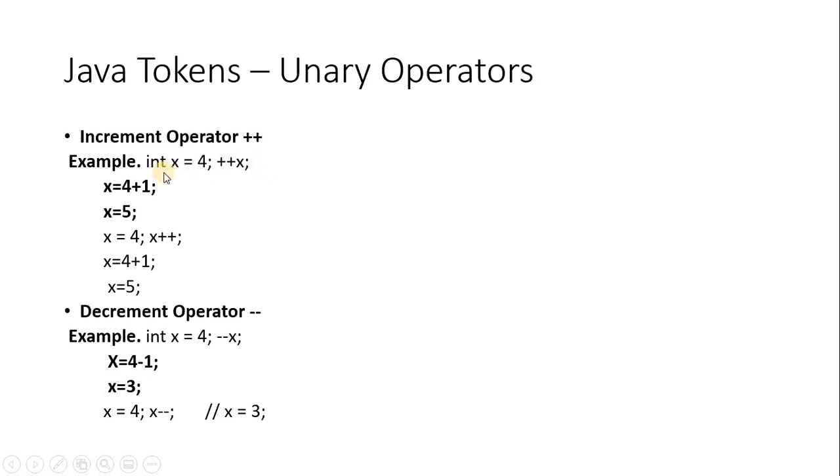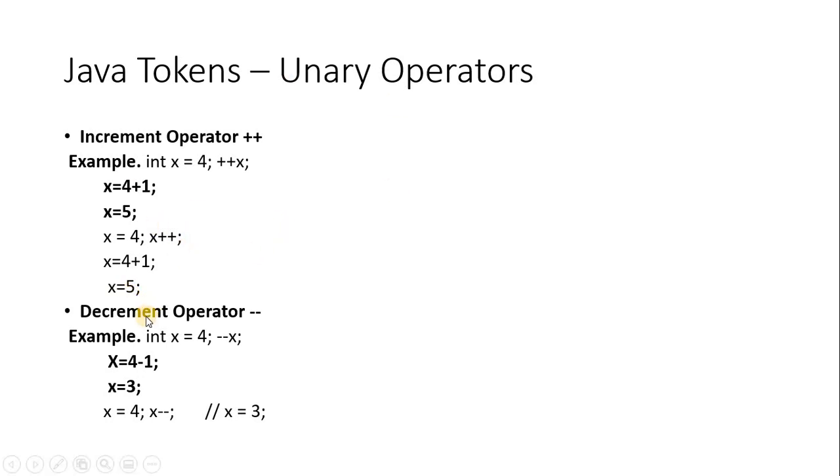So if x is 4, then ++x, what will be the value? 5. In replacement of this statement, we can also say x equals 4 plus 1. So what will be the answer? 5. So we are writing these steps in another form. x is assigned as 4, ++x means it will be 5. x is 5. This is for pre-increment. In the same way, we can also say x++ as post-increment. The other way of writing this is 4 plus 1 only, so x will become 5. So either you can use pre-increment or post-increment.